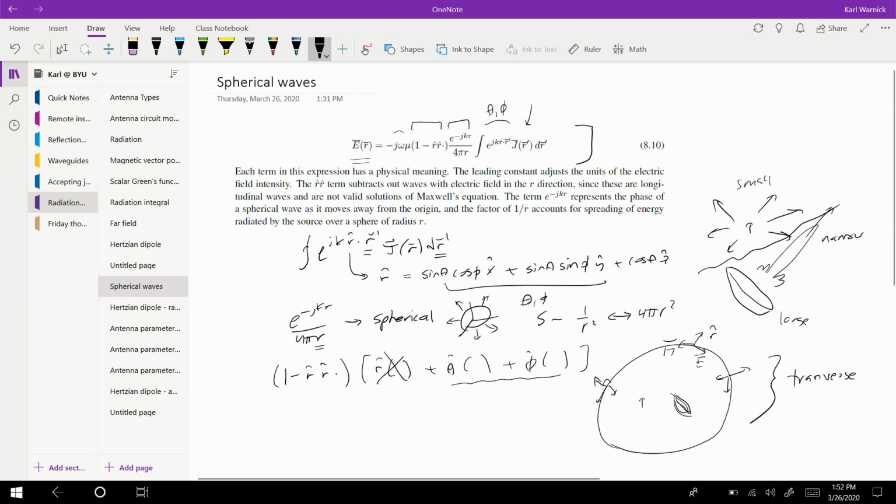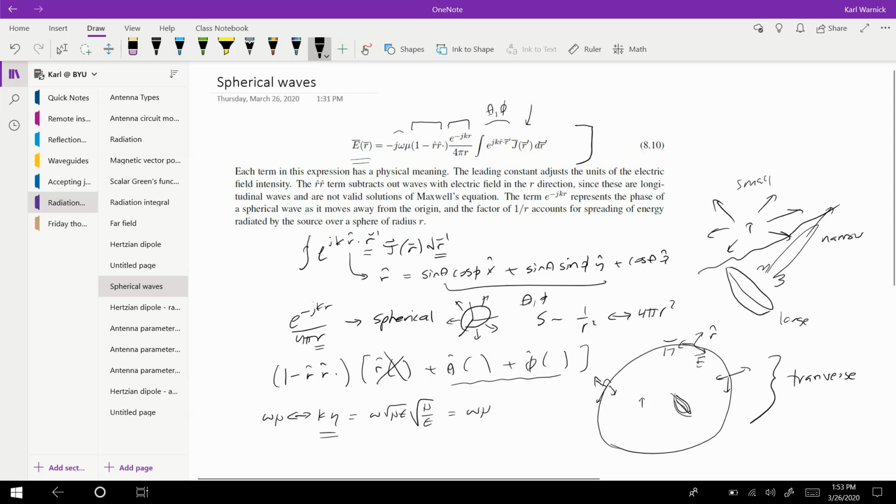Okay, and then the minus j omega mu just adjusts the constants, and a little trick that we sometimes use. If I look at omega mu and I compare that to k eta, so k eta is omega square root of mu epsilon times square root of mu over epsilon. If I combine that, I get omega mu. So sometimes we use omega mu and k eta interchangeably just to simplify expressions. So that's a little guided tour into the